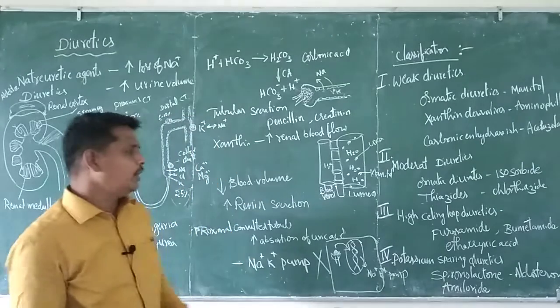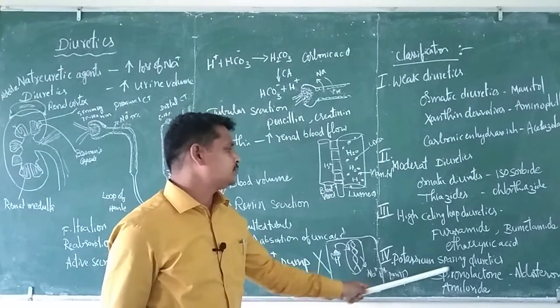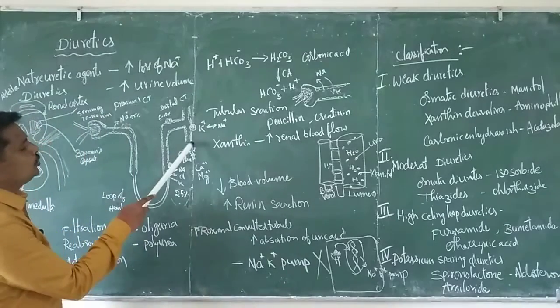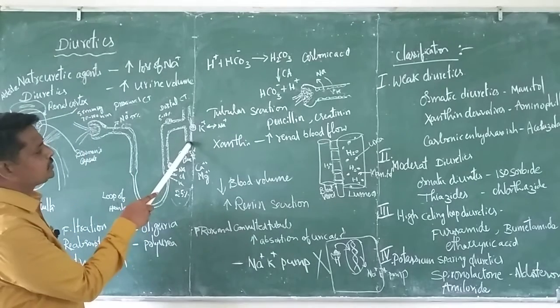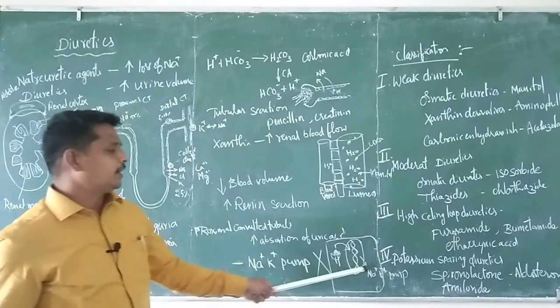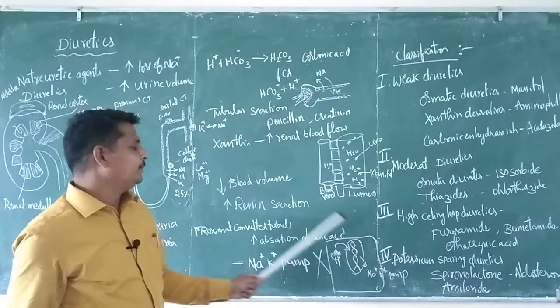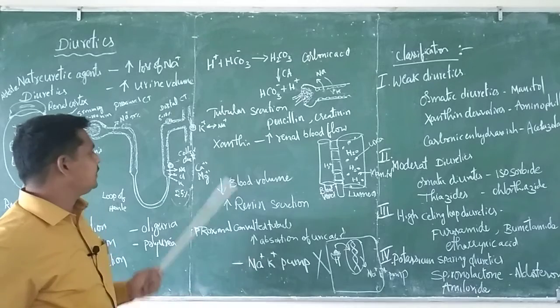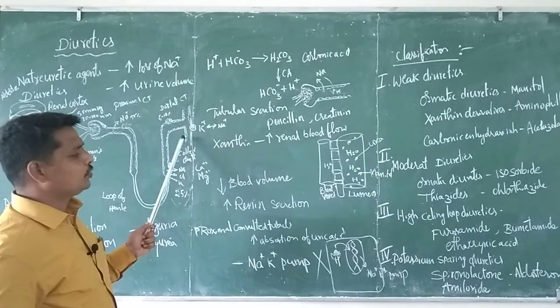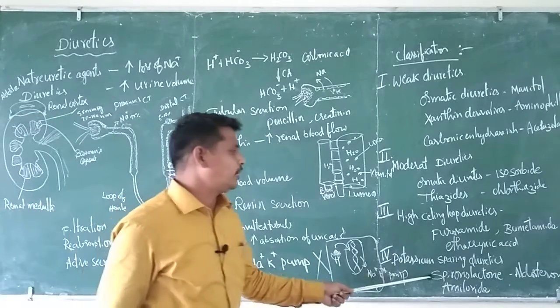We call these potassium sparing diuretics because they do not allow potassium to pass into the lumen. They inhibit the sodium potassium pump because of this transcription inhibition. Thereby there will not be any pumps to absorb the sodium, so obviously there will be a higher concentration of fluids. That is spironolactone.